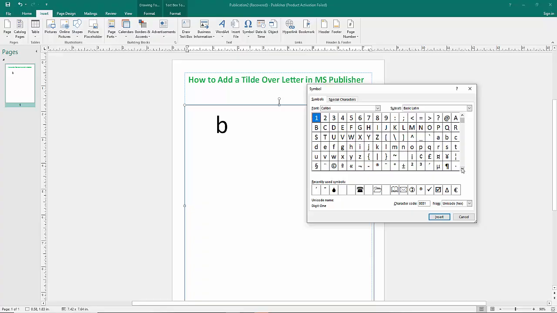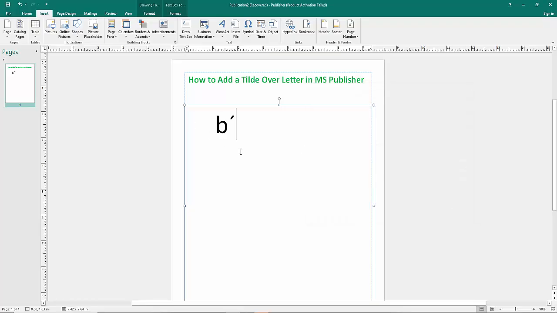Now select other symbol, then click the tilde symbol. Now click the Insert option. Now click Close. That's it. Now you can see the tilde over the letter in Publisher. Then, again, another text